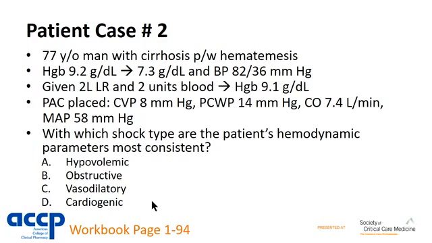The team wasn't quite sure what kind of shock the patient had, so they placed a pulmonary artery catheter, and you have these values available. So a CVP of 8, a wedge of 14, cardiac output is 7.4, and the patient remains hypotensive. With which of these shock states are the patient's hemodynamic parameters most consistent? So again, if you answer 1, 2, 3,